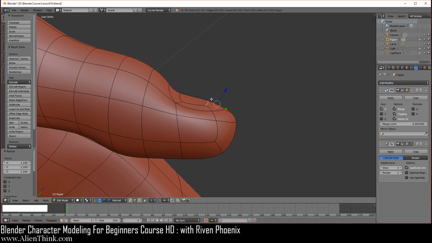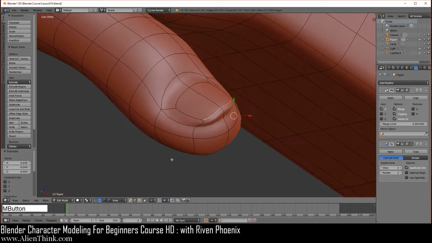Okay, we're going to bring this nail out. So how can we do this? Well, you can just switch to view, right? This axis is now dependent on your view, and just take away this snapping, and I'm just going to do G one time and I'm just going to bring the nail out just like this.